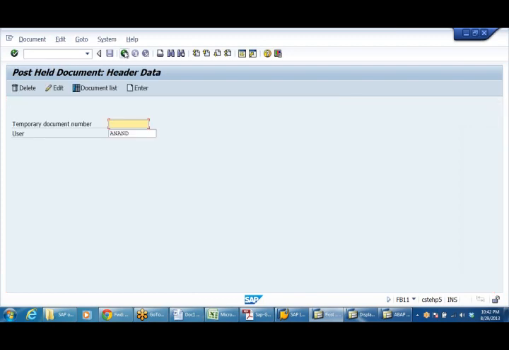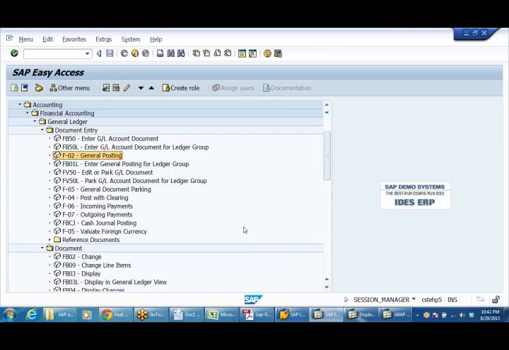So in case of held documents, or a document kept on hold, if you delete the document, there will not be any traces of the document, because it is temporarily held by me. That's why in case of parking, once it is parked, it will go to the parked documents list. But if the temporary document is kept on hold, once you delete it, you cannot find even traces. So there is no botheration for that.